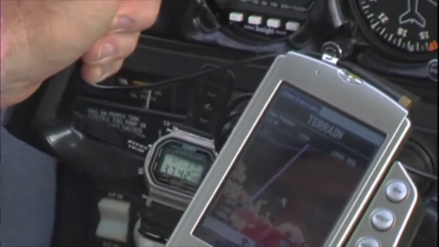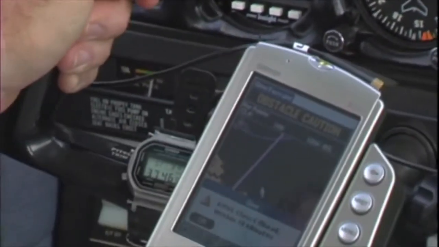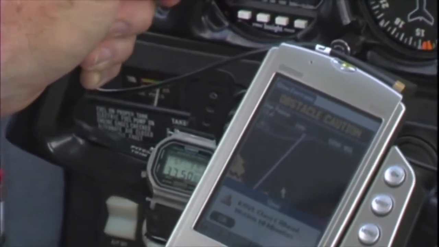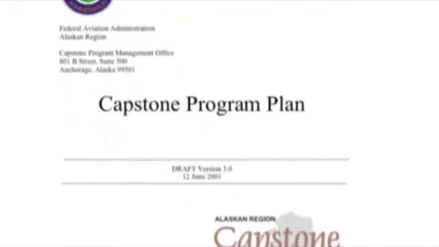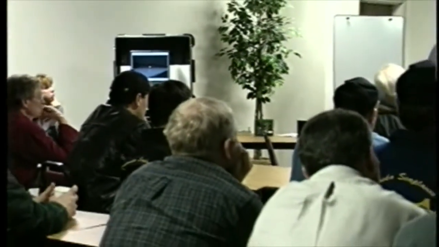Determine the best electronics for the flights that you plan on making. Become an expert in their operation and keep in mind they're an aid. The latest electronics can't guarantee a safe flight, but combine them with an important safety initiative underway in Alaska, and you'll see how Alaskan pilots are improving situational awareness and flight management with the Capstone program.